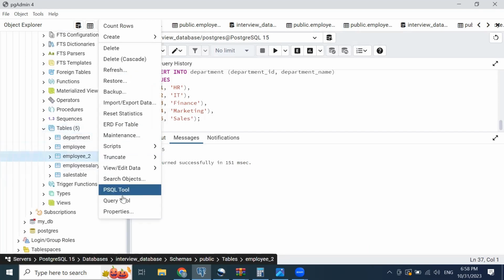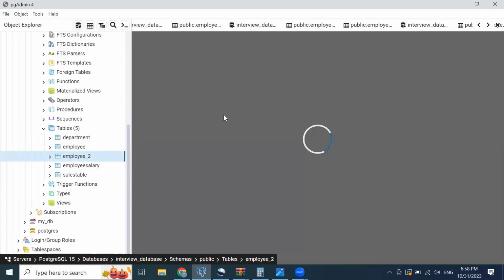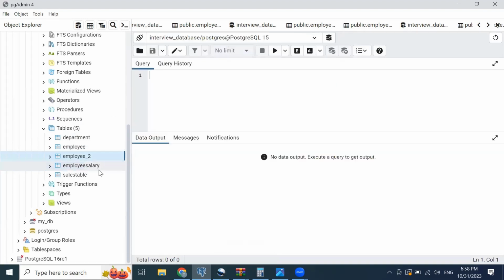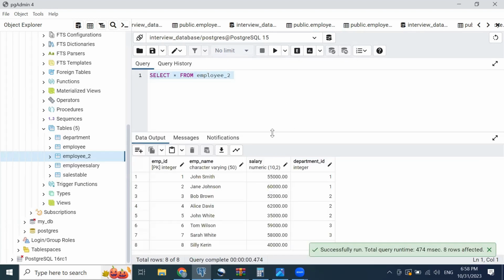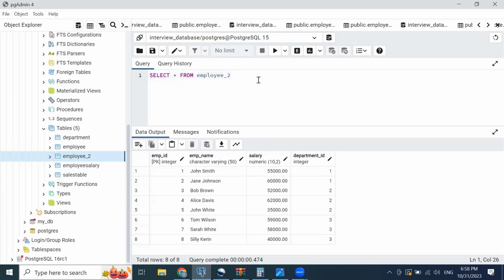Let's go to the query tool and select everything from the employee 2 table. Select everything from employee 2, right? I will just run this code here, and the data looks like this. This one is the previous data. And right now we need to solve this task, finding the employees with the second or third